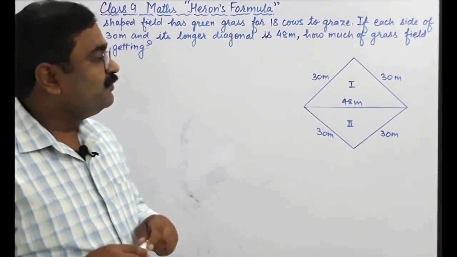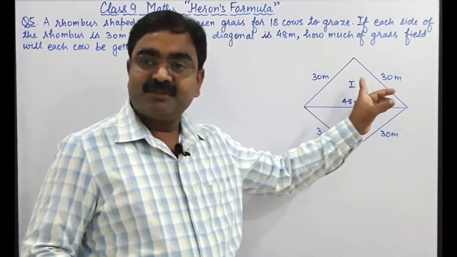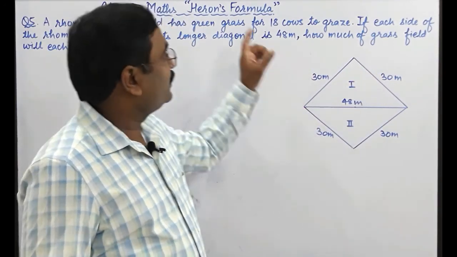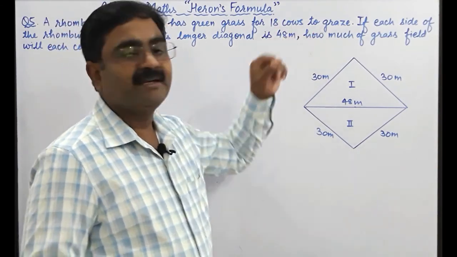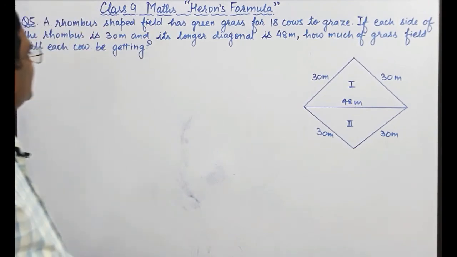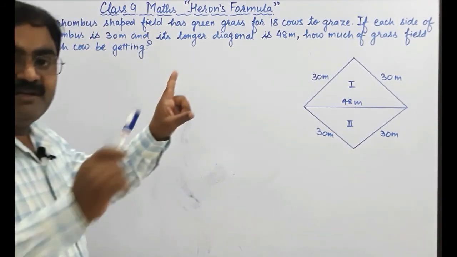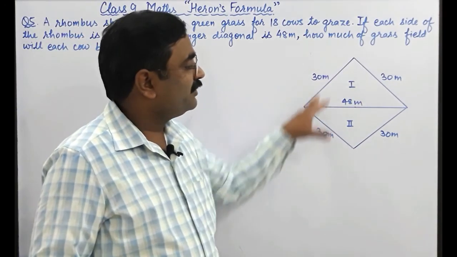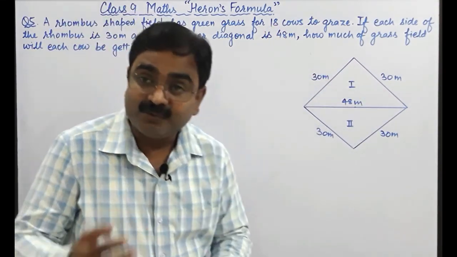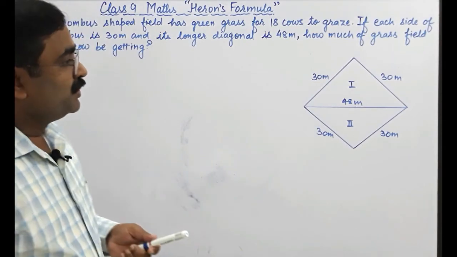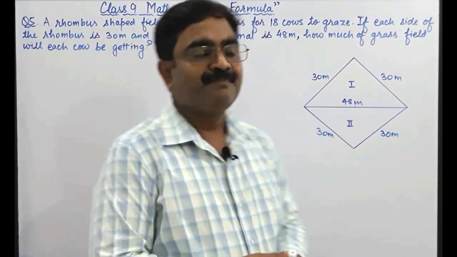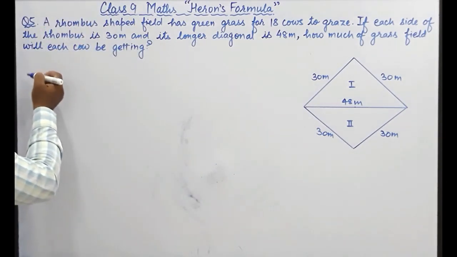Chalo. Now after getting the area of this rhombus, this is the area of grass grazed by 18 cows. So to find the area of grass grazed by one cow, we have to divide the area of this rhombus by 18, so we will get our required answer. So dear students, let us start solving this question. In the solution of this,